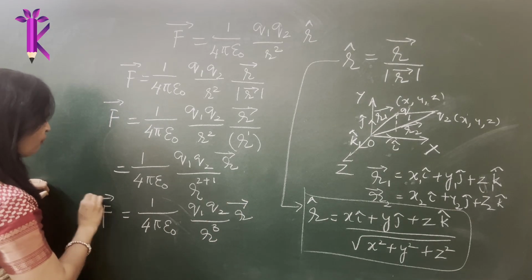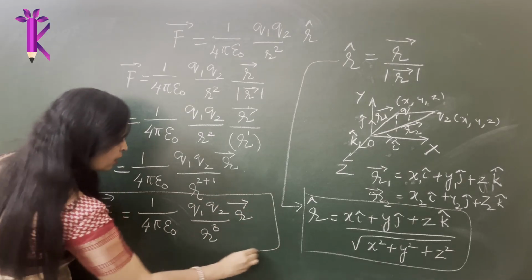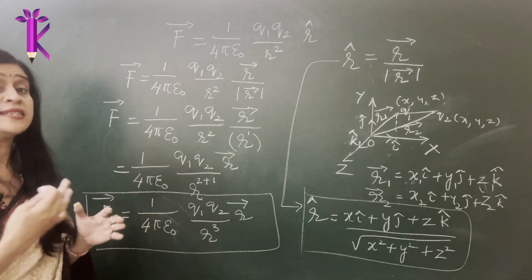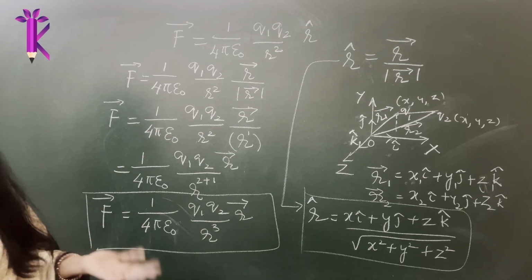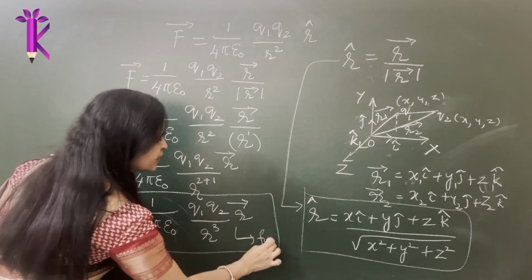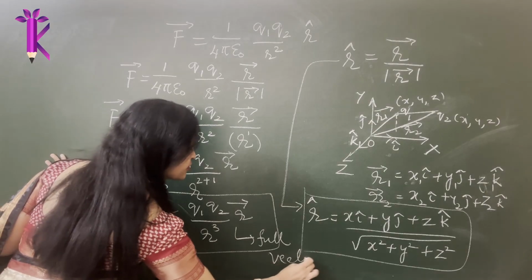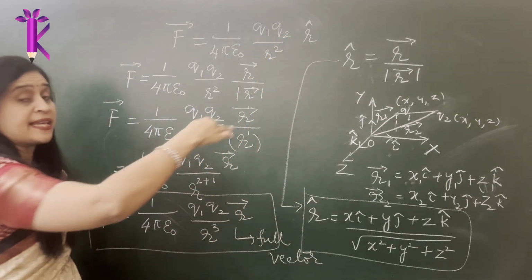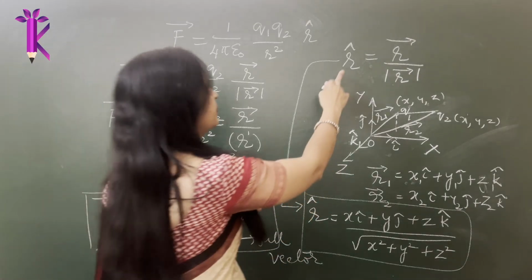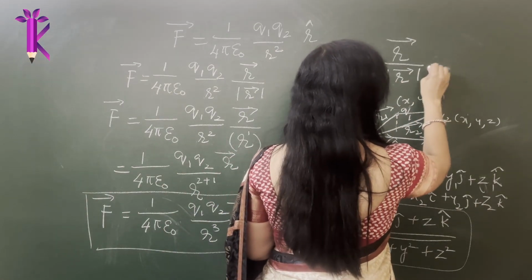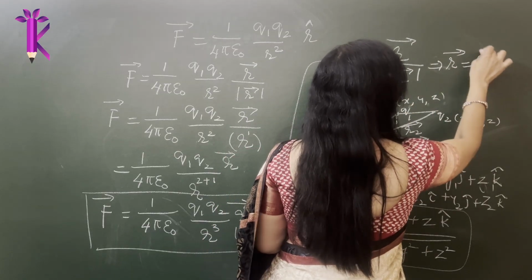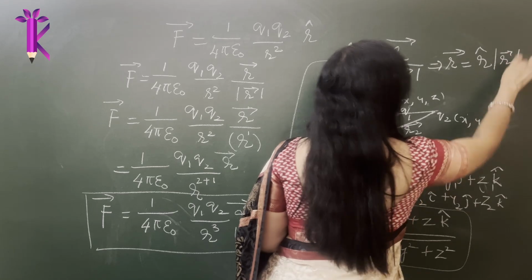So this is another form of writing it in the whole vector notation, instead of writing it in just the unit vector form. This can also be one of your MCQs where they might ask you to write it in the full vector notation. So this is full vector notation, and this is where you are expressing it only in terms of unit vector. Again, vector r is nothing but what? Cross multiplying this, vector r is equal to the unit vector multiplied by the magnitude of the vector.